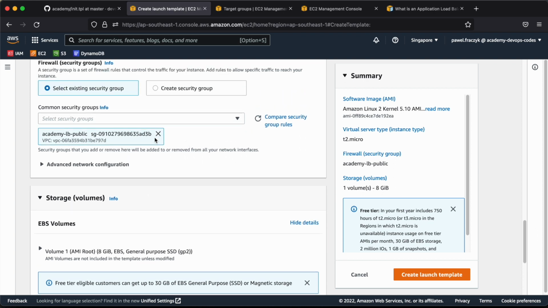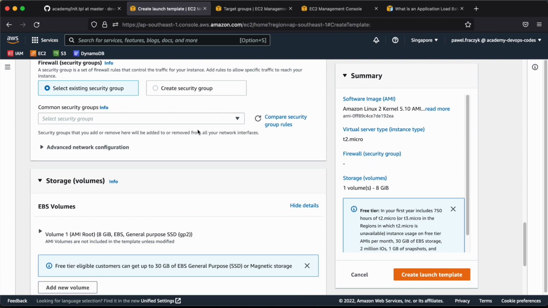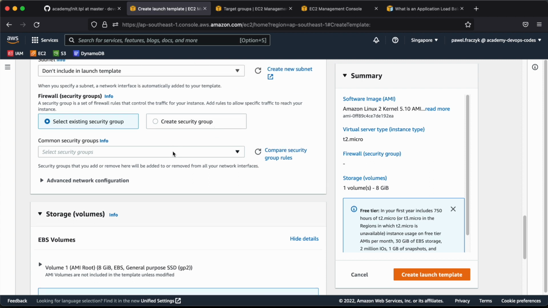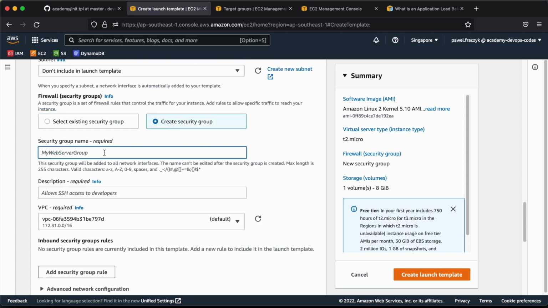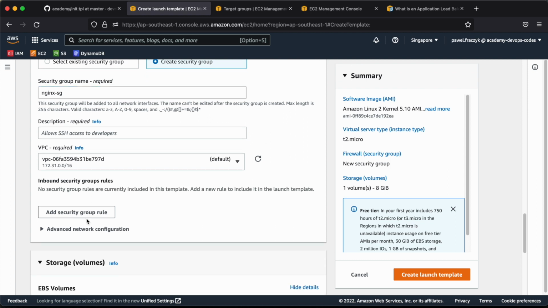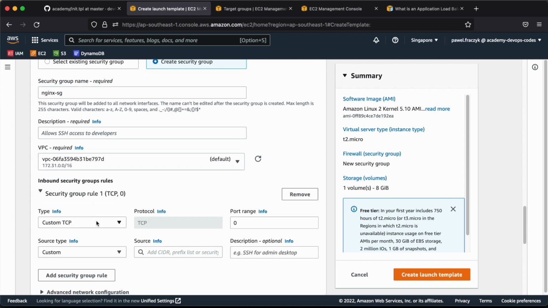However, we can create another one to be more secure, because here we are using public subnets only in a default VPC. So if we create a group, say Nginx SG, VPC, it's okay, and we're gonna also allow